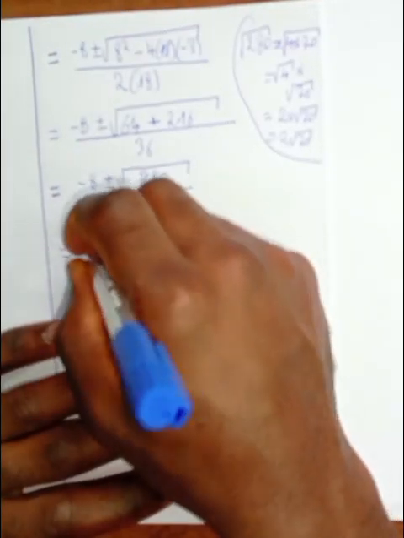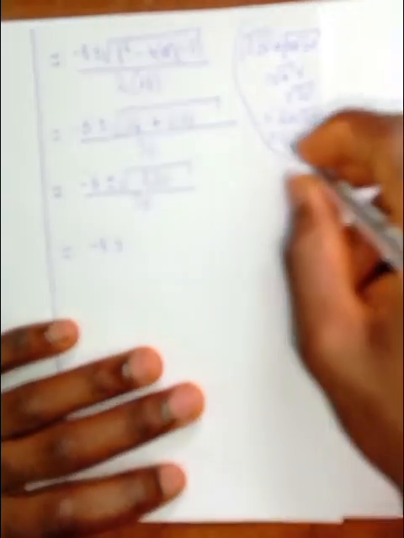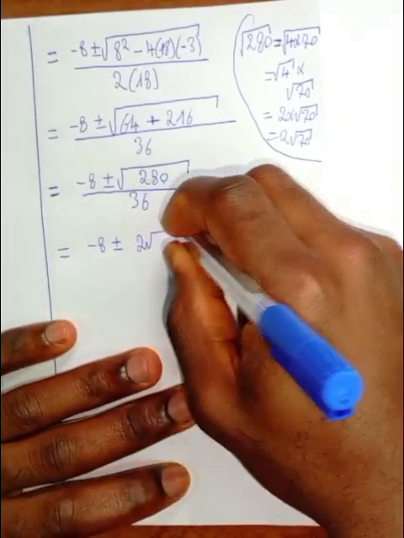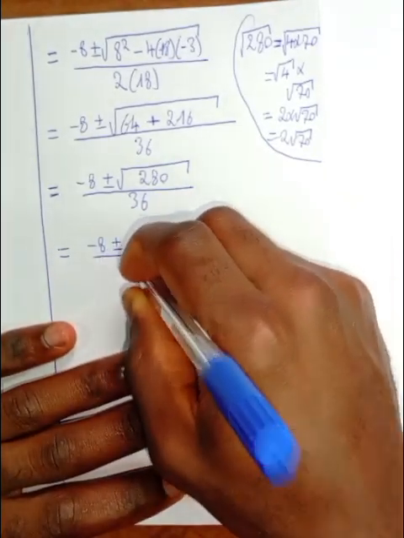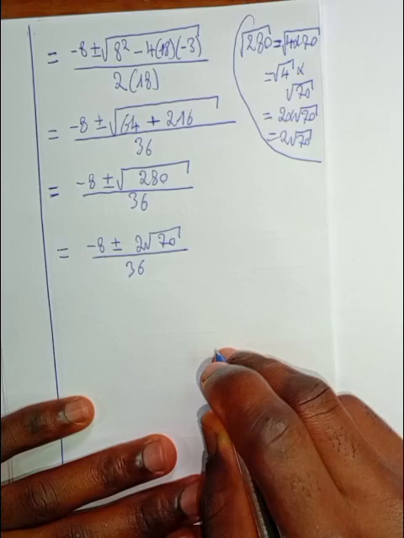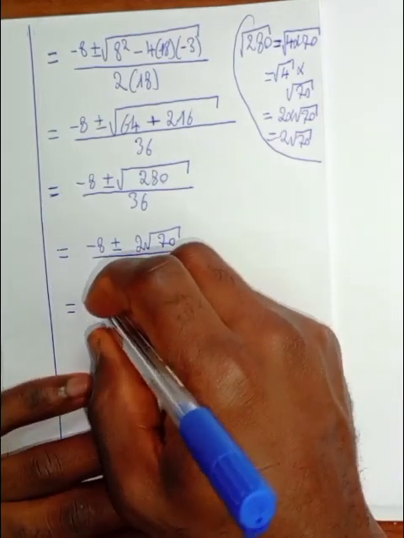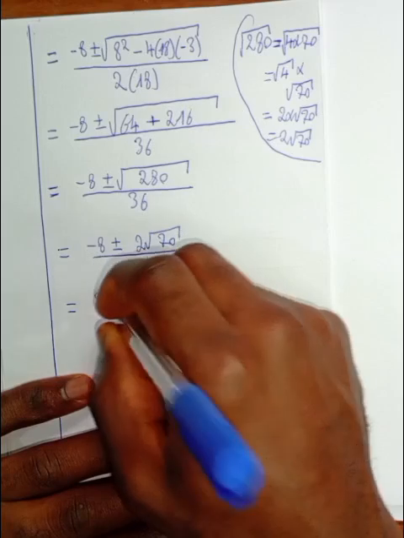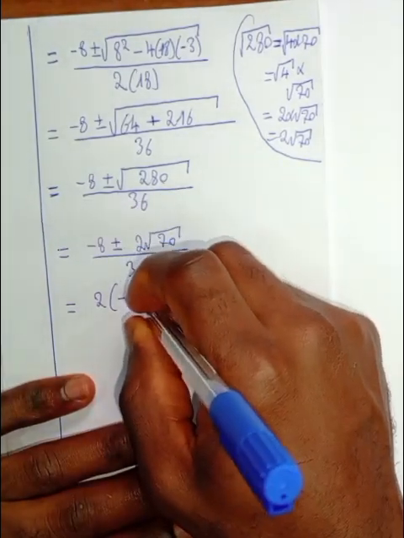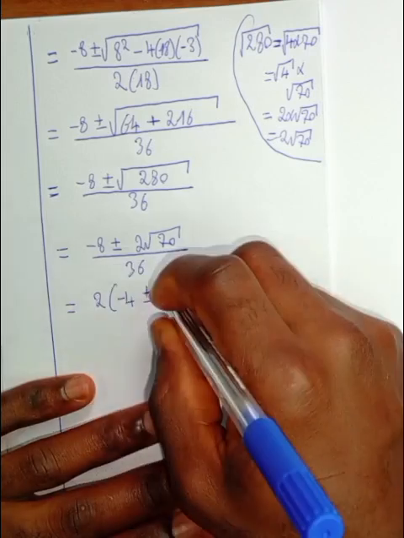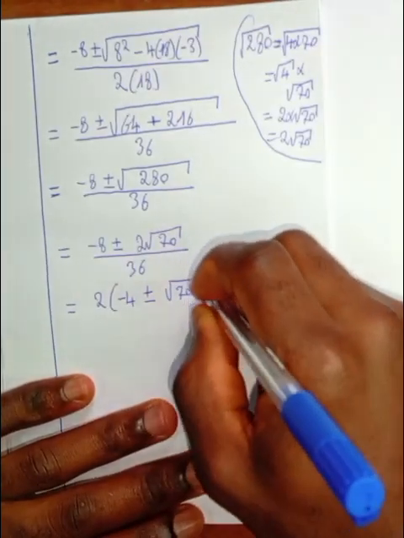This will be equal to negative 8 plus or minus. I'll replace the square root of 280 with 2 root 70 all over 36. At the numerator here, I will factor out 2. I know 2 times negative 4 will give negative 8. Then I'll put the plus or minus. I know 2 times root 70 will give 2 root 70 all over